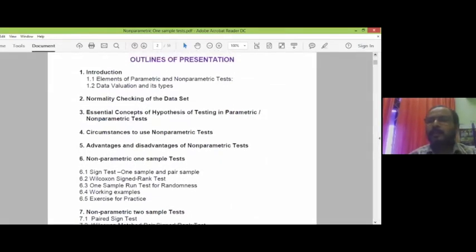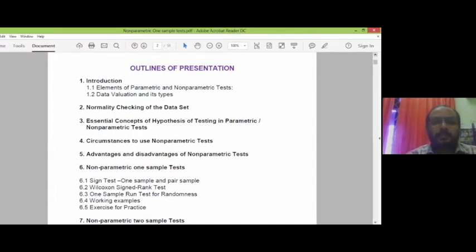I initially start with the introduction part, elements of parametric and non-parametric tests, data evaluation and its types, normality checking of the data set, essential concepts of hypothesis testing in parametric and non-parametric tests, circumstances to use non-parametric tests, that is also important, advantages and disadvantages of non-parametric tests, and finally come to the main goal of today's presentation, non-parametric tests for one sample